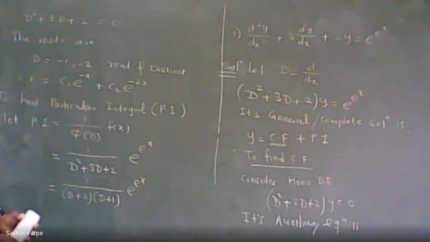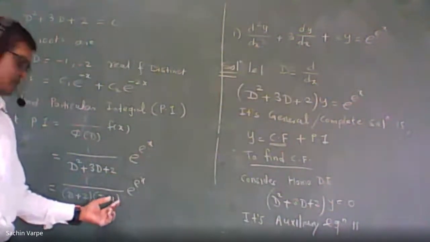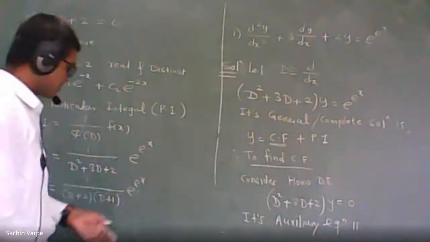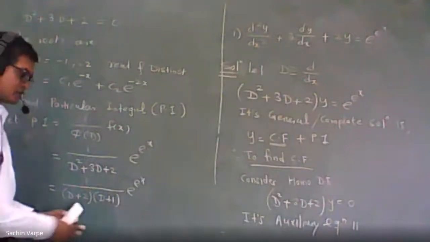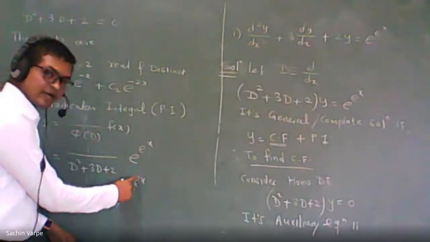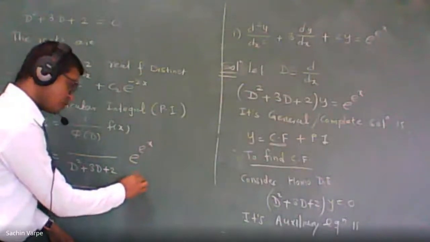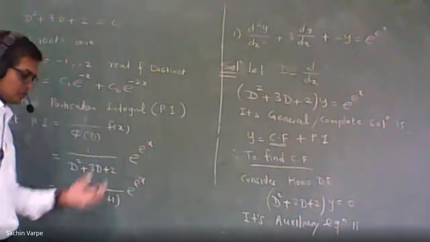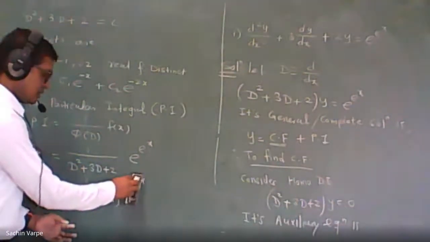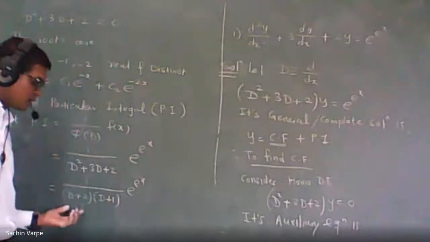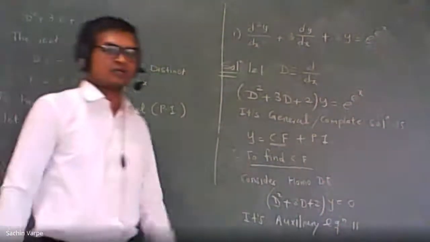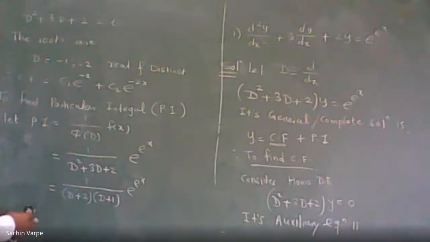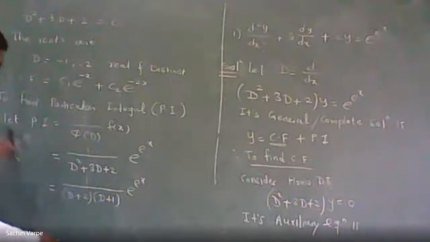Now, purposely I have taken D plus 1 here because I am going to operate 1 upon D plus 1 first. That is my choice. Why have I selected D plus 1 first? Because here we have e to the power 1x. If it were e raised to 2x, then I would have selected 1 upon D plus 2. That is the smart work. Even in this case, I can operate 1 upon D plus 2, but the further integration will be complicated, and we may get confused in the calculations. So to avoid such confusions, try to make it simple.